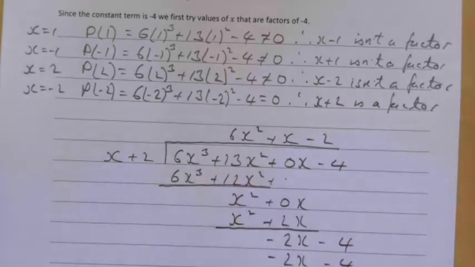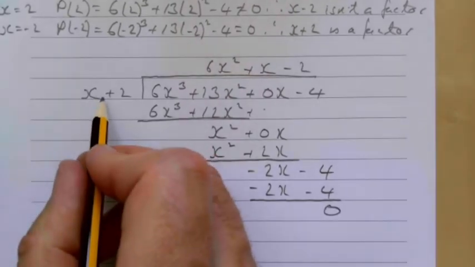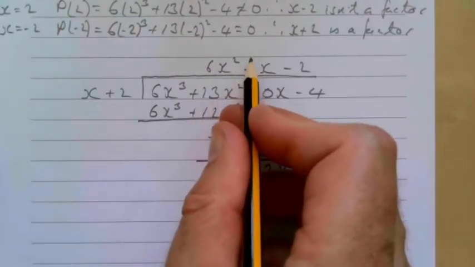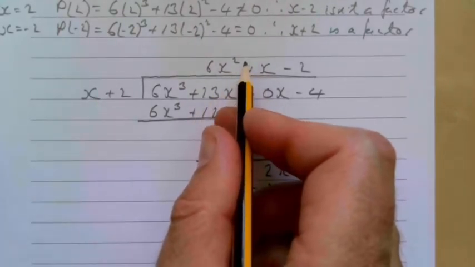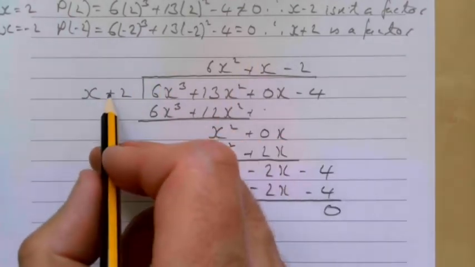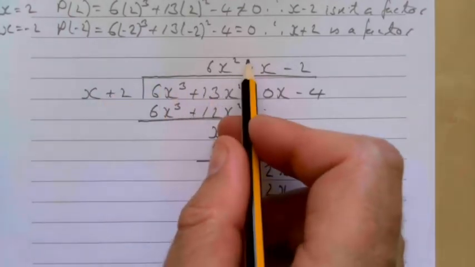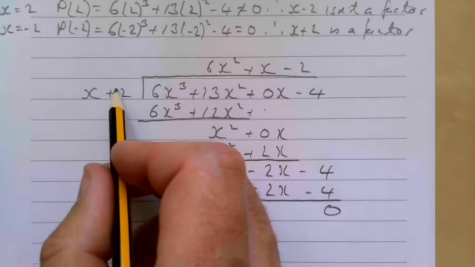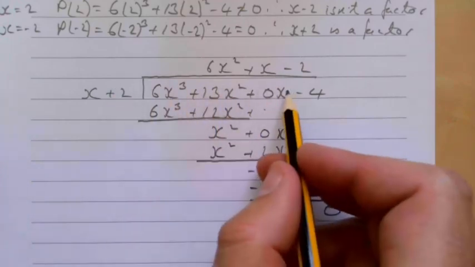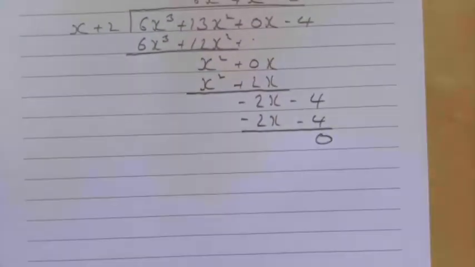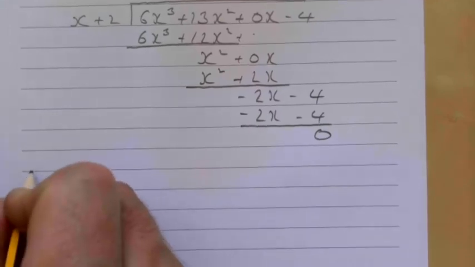That saves you so much time. So say we were dividing this into this and we get this. That means we learnt this in, I'm going to say P7. If this divided into this gives us this, then this times this must give us this here. So therefore our question becomes